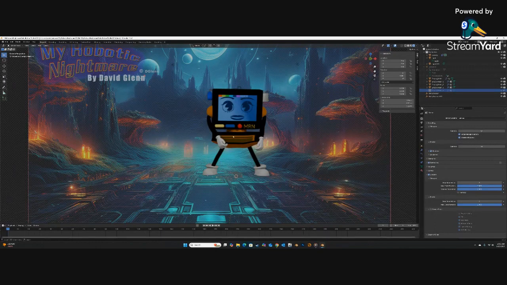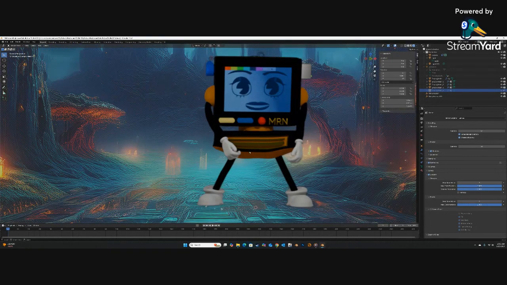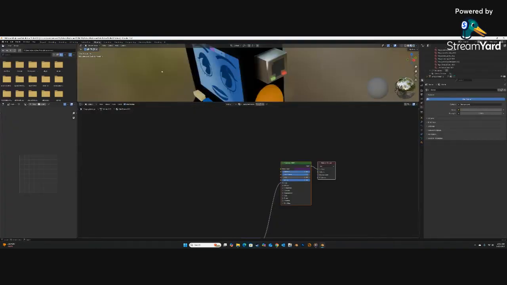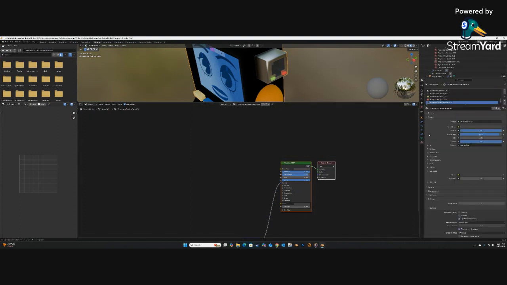Now, here is one of my early models. By the way, the background, and I'm going to talk about AI, is one of my AI finds for this model that I just threw in there. This character has very little in terms of shaders. I'll go into the shading tab if it will let me. You can see that the majority of the things in here,